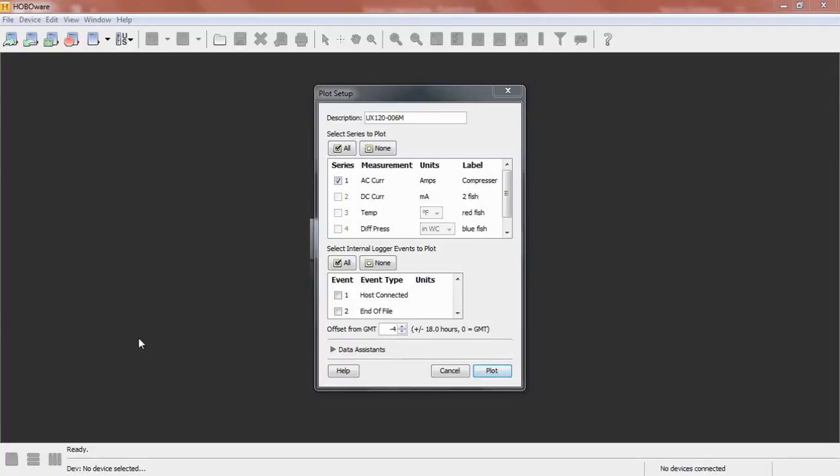CT on one of the feeds going to it, and we use the UX90-006M to do that. I just wanted to show you what the resultant data would look like and why runtime may make more sense for this particular application. Again, in order to get this CT on here, we had to get into the control panel. Certainly this is 240, so we probably should have monitored both of those leads, two CTs on there to get